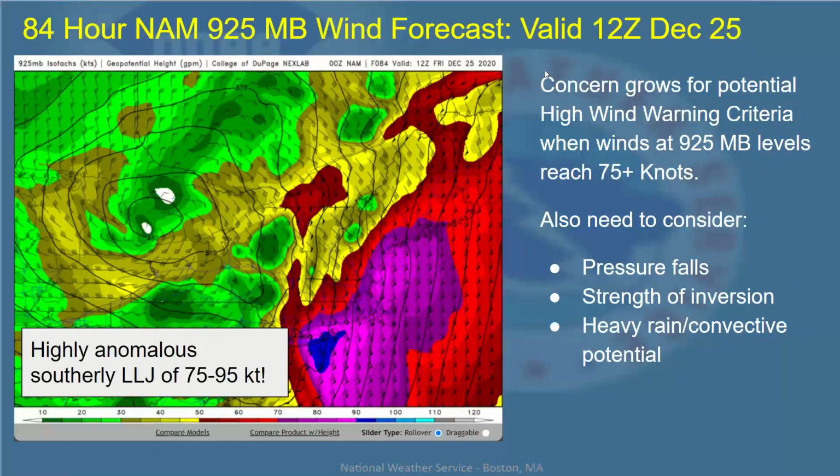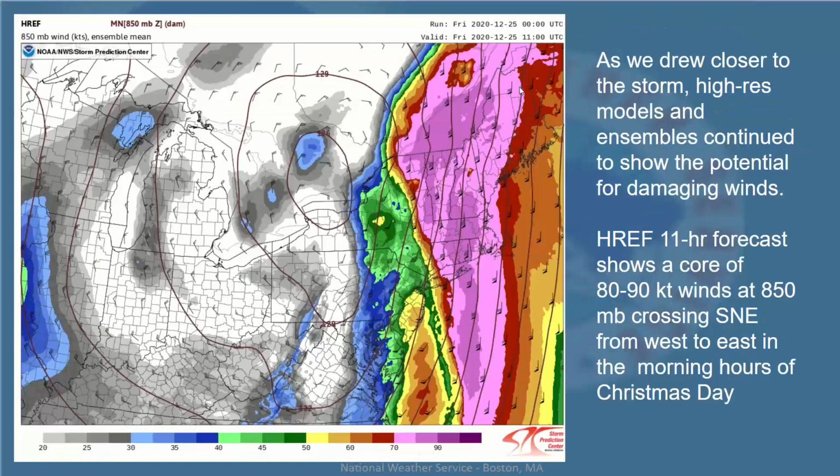Going down a little further, this is the 925 millibar level. And again, not surprisingly, we've got a pretty highly anomalous southerly jet, 75 to 95 knots, moving off the coast. In this case at 925, we look for 75 knots or higher for high wind potential. And then as we drew even closer, even the higher-res models and ensembles were picking up on this